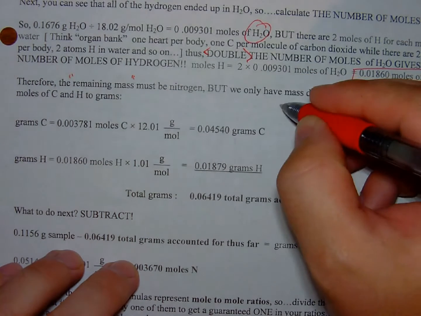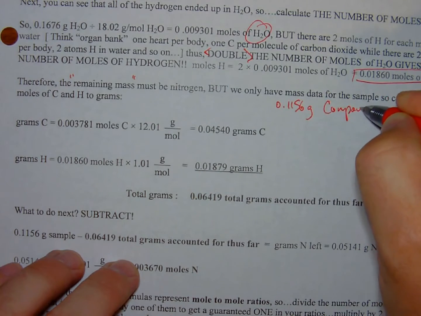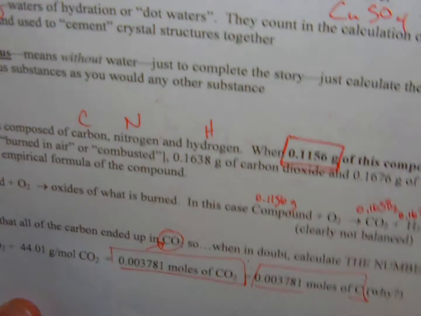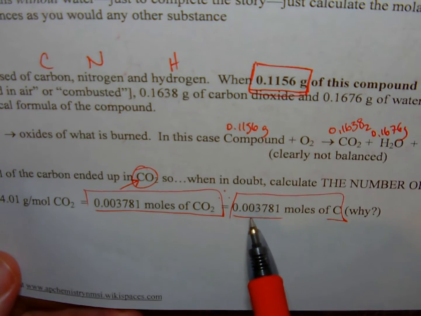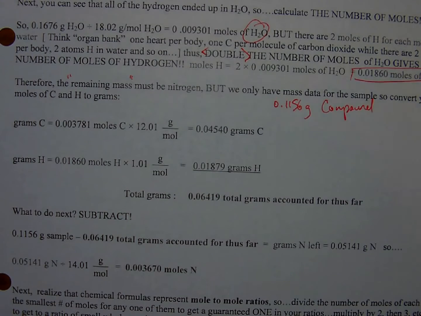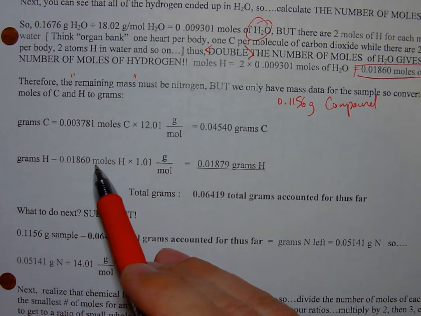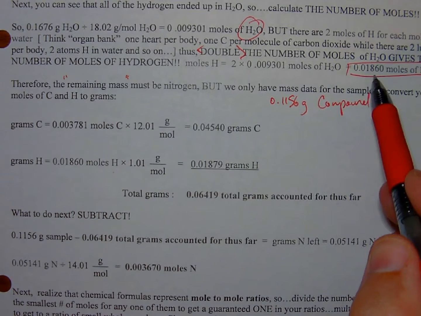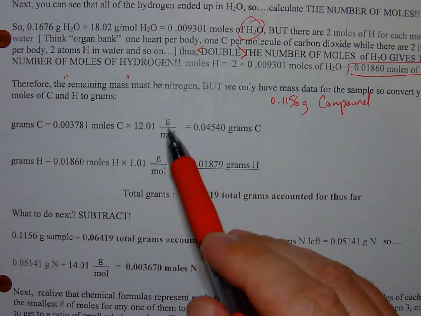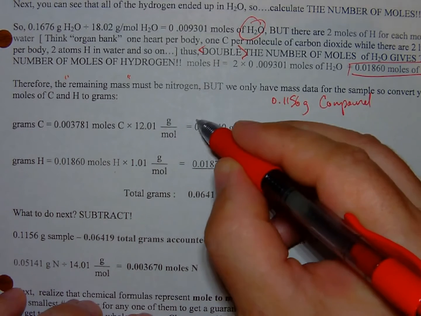Right? 0.1156 grams of the compound. So, like I calculated on the last page, there are 0.003781 moles of carbon right there. There are 0.01860 moles of hydrogen, right? Just calculated right there. And I'll convert them into masses using the molar mass of each of them. And so when I do that for each of these, I come up with